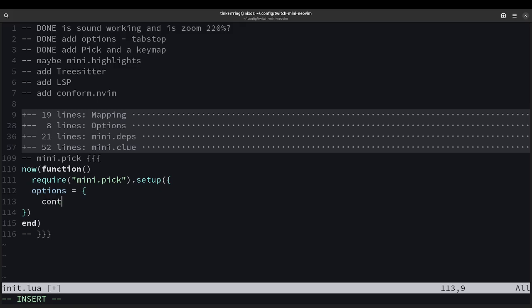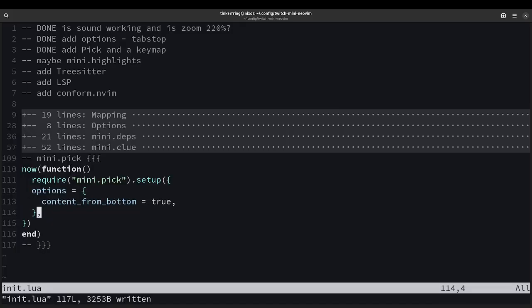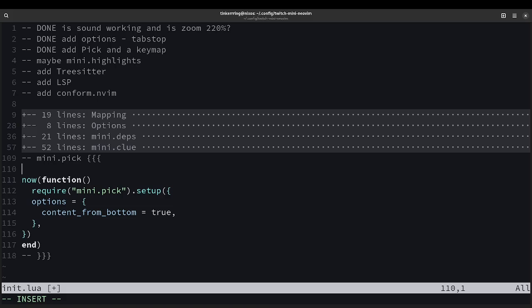And here is content from bottom and true. Let's source it. Let's do Control F. It's written at the bottom. Beautiful. Very nice. That's already perfect. Then there is something that you could do too, which is,